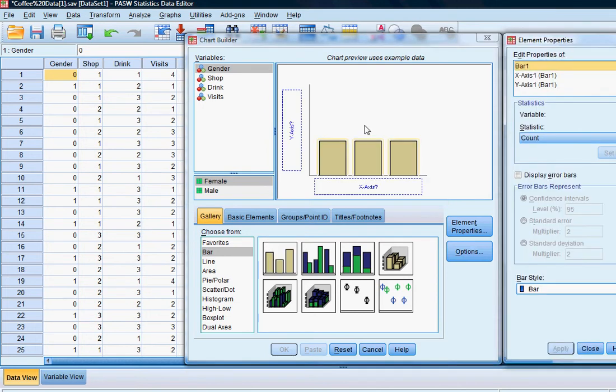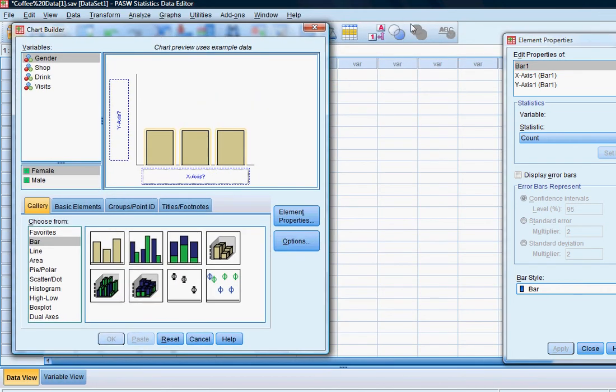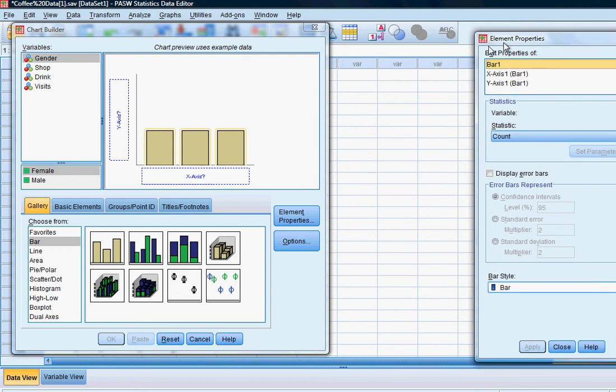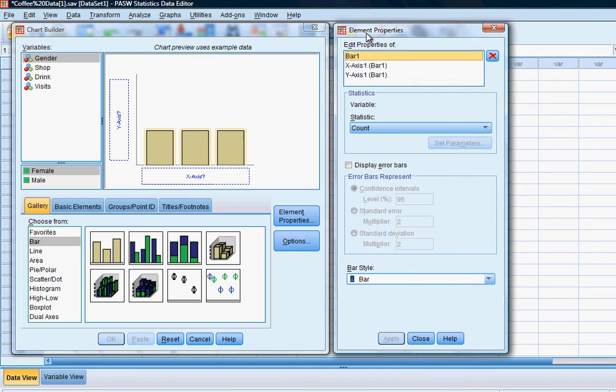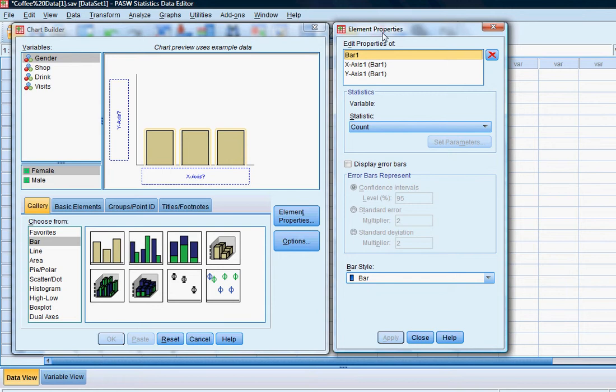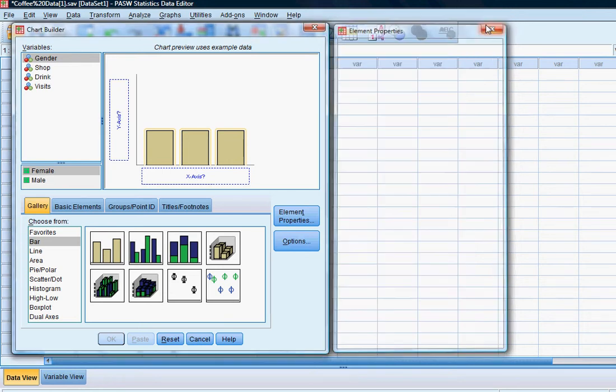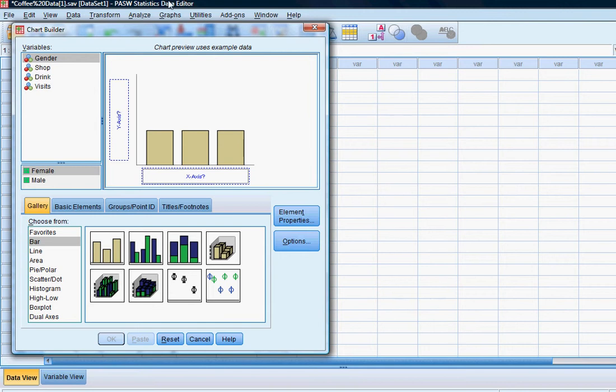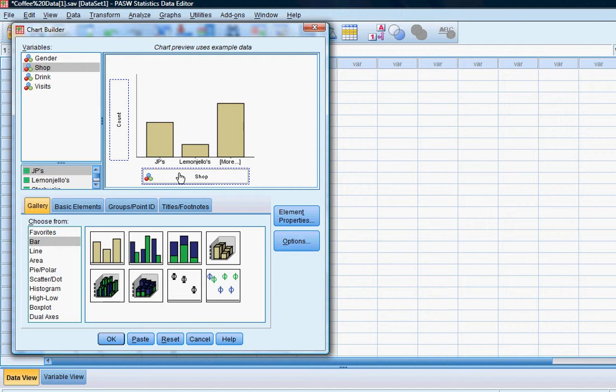And it's possible that when that pops up, you will get a box that looks like this. That's an Elements Properties box. You can keep that open. I'm going to close it just so I can show you how to get to that if you need to. So here we have our chart, and we wanted to do shops, so we just dragged shops into our x-axis. And it's possible here, like it says count, that we want something different than that. If that's the case, you hit that element properties box